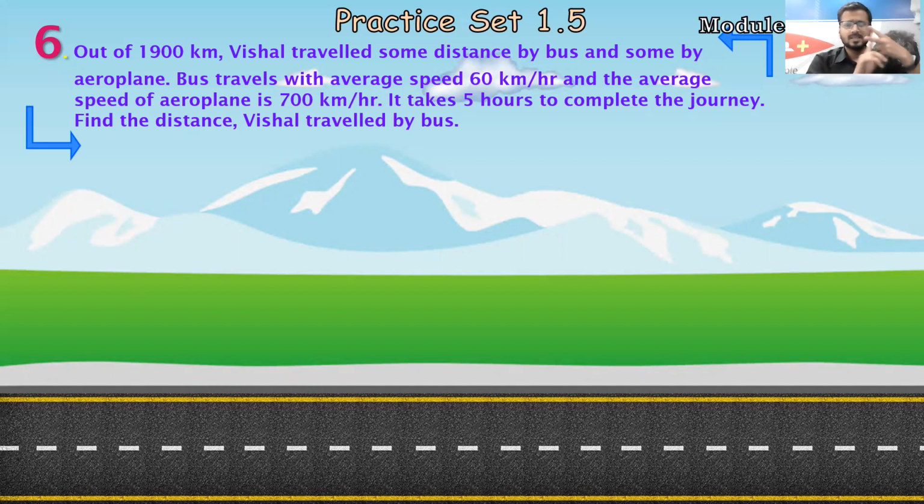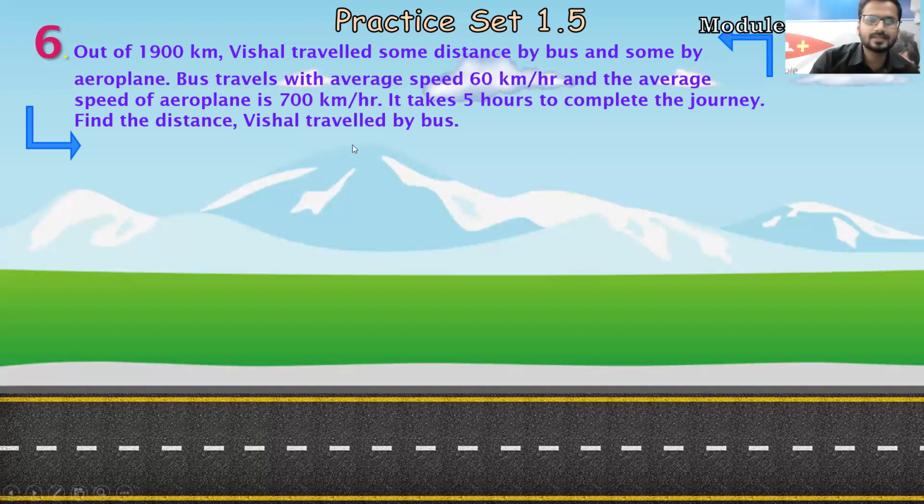Then next, out of the rest of the two quantities, the data of one quantity will be given. Like for example in this sum, they have given us the speed of the aeroplane as well as of the bus. So distance is not given, that is asked, that we have assumed. Speed is given. What is remaining, students? Time is remaining. So we have to make the equation in terms of time. Simple. Out of three things, one they will be asking, that we have to assume. Second, they will be giving us. Whatever third quantity is remaining, that is what the equation we have to make.